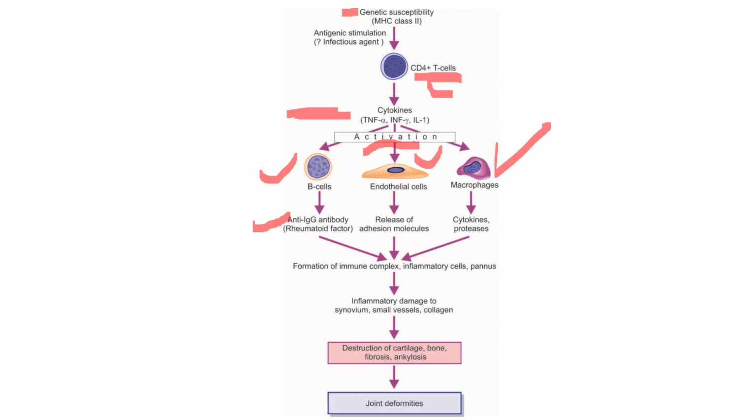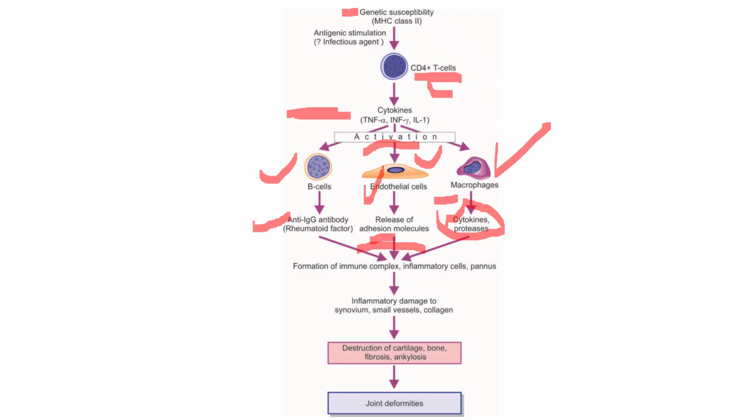There is formation of anti-IgG antibodies, which we have termed rheumatoid factor, and the endothelial cells, when activated, release adhesion molecules, and activated macrophages release cytokines and proteases. All these together are going to form immune complexes in that area, and there is also recruitment of inflammatory cells and pannus formation